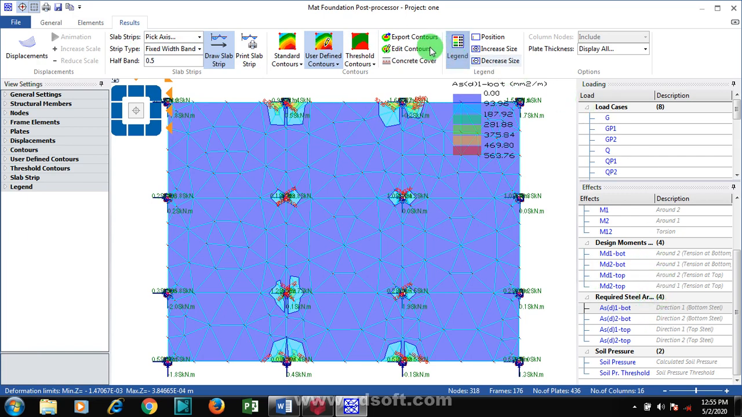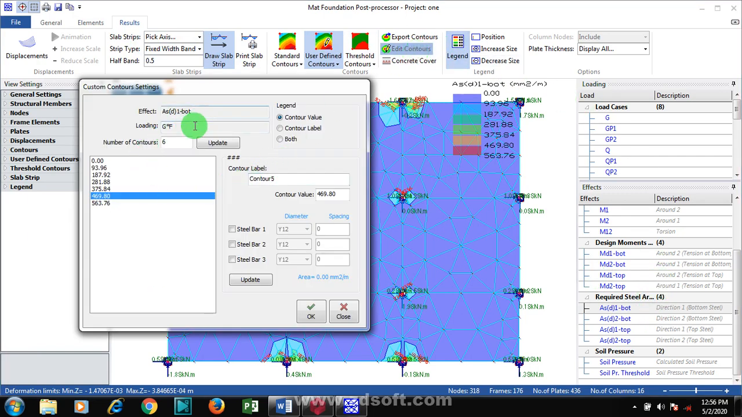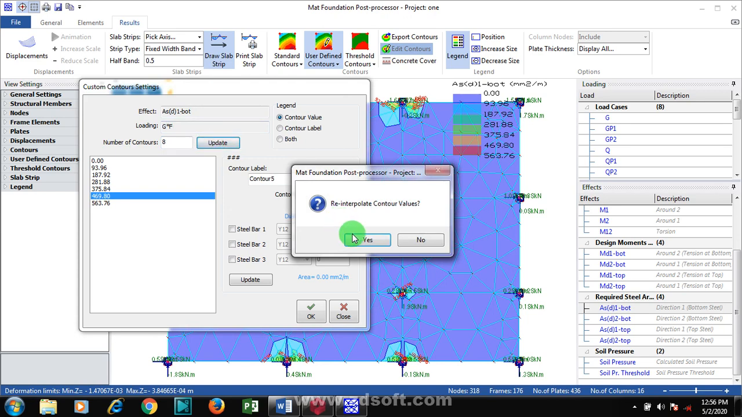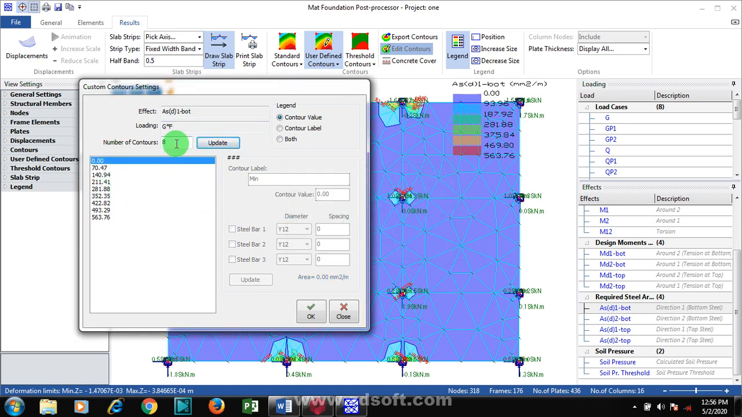Now the next thing I'm going to do is edit my contour. Here you can see the number of contours is 6. I can increase it if I want. Update, you can see it's up to 8 now, but I'm going to leave it at 6. When you sum this value here, it gives you 187.92. These are at intervals, and the maximum area of steel that is required is